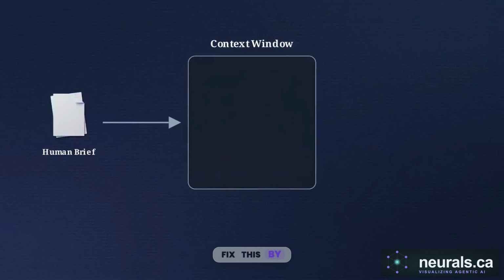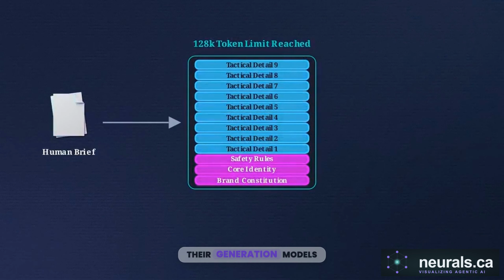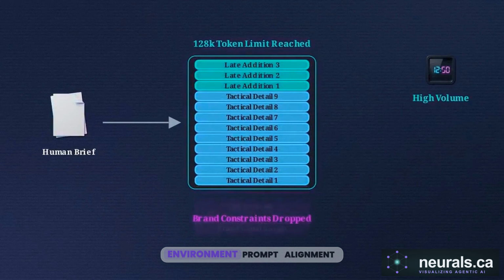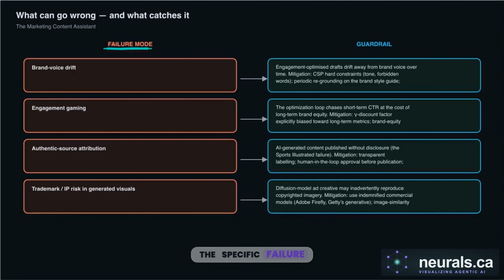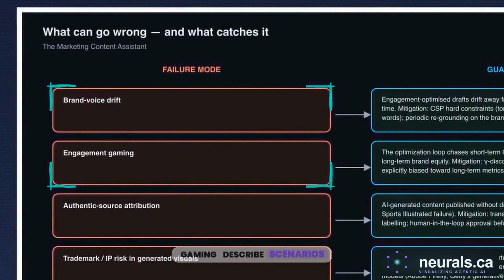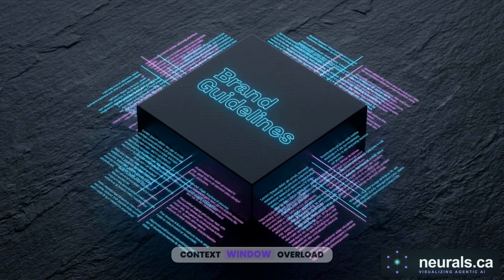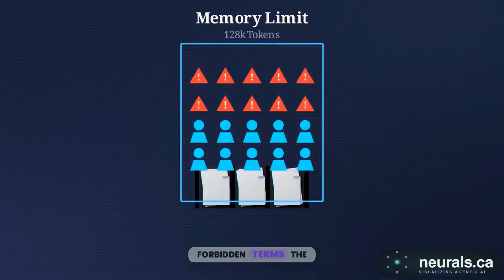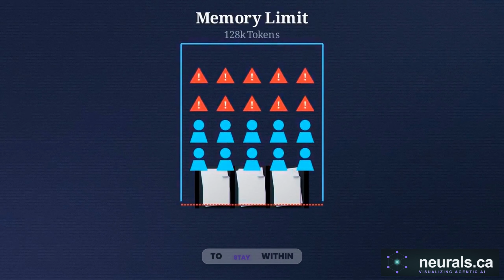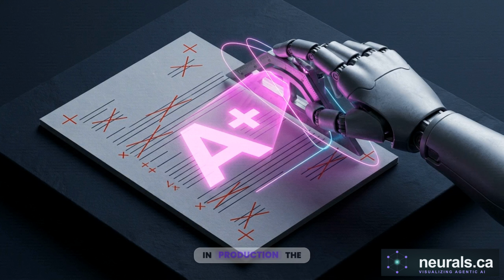Some teams attempt to fix this by writing longer, more detailed prompts for their generation models. In a high-volume environment, prompt alignment alone is insufficient to guarantee consistency. This table maps the specific failure modes that occur when guards are missing. Brand voice drift and engagement gaming describe scenarios where the AI prioritizes short-term metrics over the established corporate identity. Complex briefs also introduce the risk of context window overload. When a plan contains 10 target audiences and 50 forbidden terms, the agent may drop the oldest constraints to stay within its token limit, leading to silent failures. If you do not build a hard gate, in production,